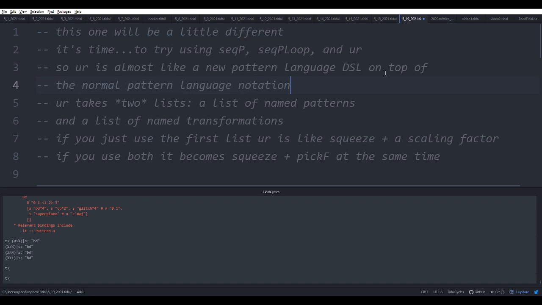So this one, I'm just going to talk a little bit here. It's going to be a little different than the last few. We're going to instead explore the seekp and functions, probably mostly